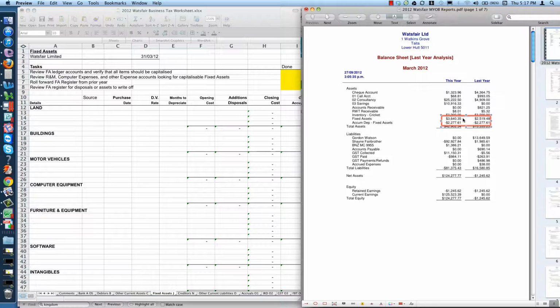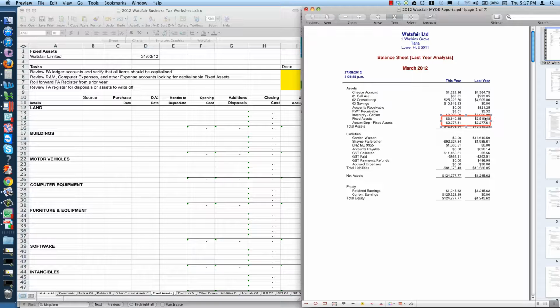What we need to be able to do, like with any other balance, is provide a schedule that agrees the totals of our final balance sheet with a work paper that supports all those numbers. What we'll notice here is that depreciation hasn't changed this year to last year, which means that we haven't calculated depreciation and posted a journal. So there's a flag that says that we've got some work to do in terms of posting a journal for